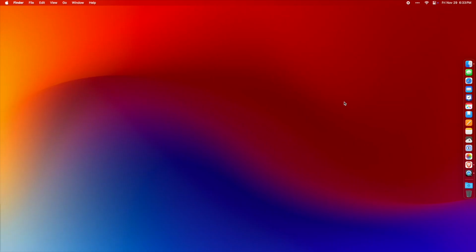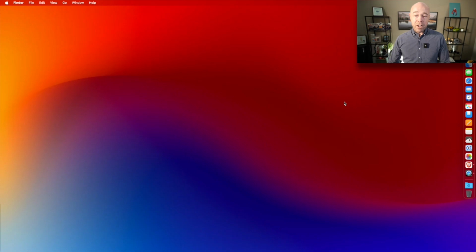Let's get started. Yes, there are dedicated scanner apps, and yes, you can import directly into Apple Notes. But this is a much more direct way to digitize your documents, get them straight to your desktop where you can start working on them. Here's our Mac, and I have my iPhone nearby. They're both logged into the same iCloud account. To start, right-click on your desktop, come down to Import from iPhone, and then click Scan Documents.